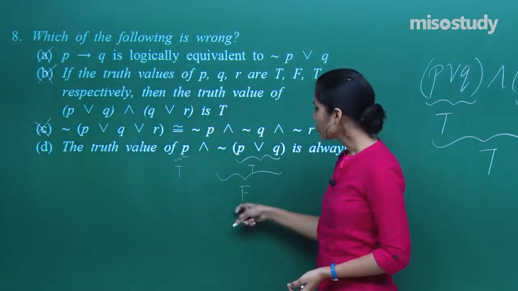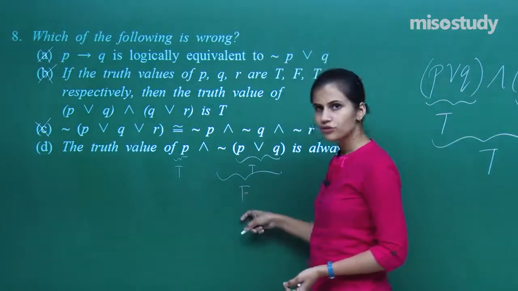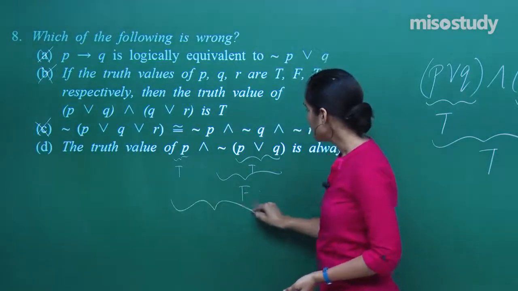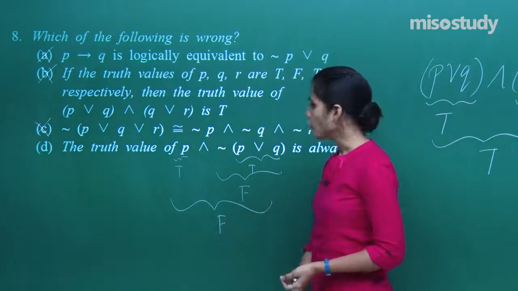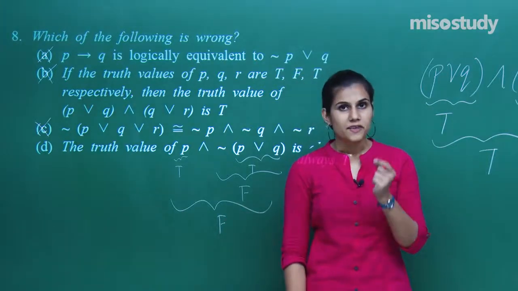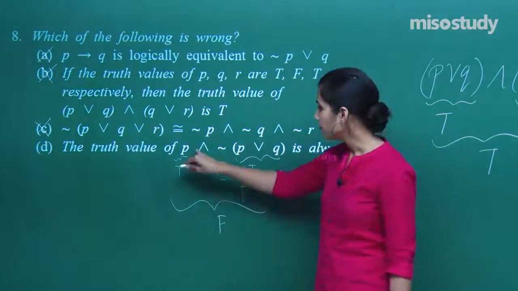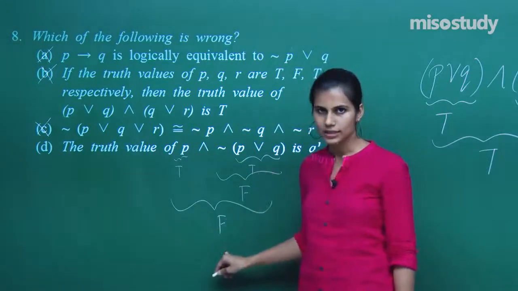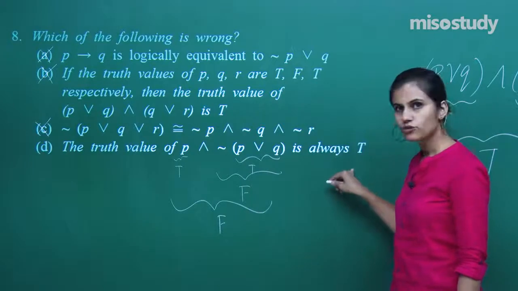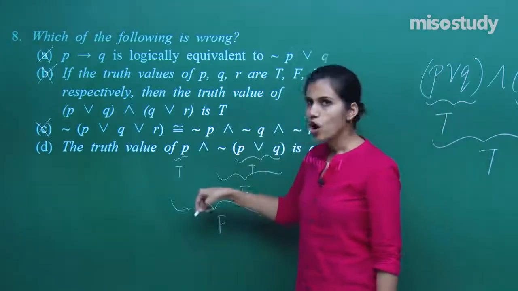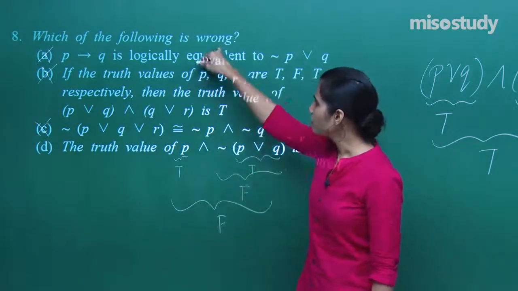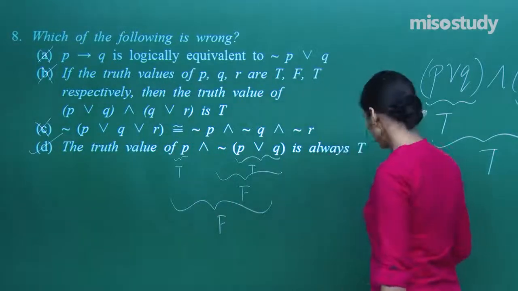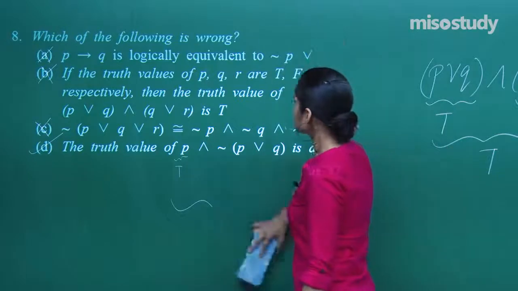P and not Q is true only when both of them are true. Here you can see P is true and this other statement is false. So this completely is going to be false. So it's not the case that this is a tautology, because when P is true and Q is false, this statement is false, and therefore it cannot always be true. Therefore this is the wrong answer out of all four, and therefore by the question this is the right answer. Clear? Moving on to the next,